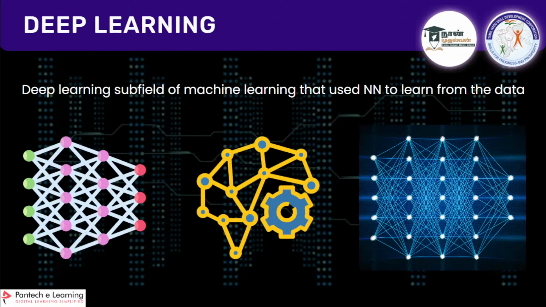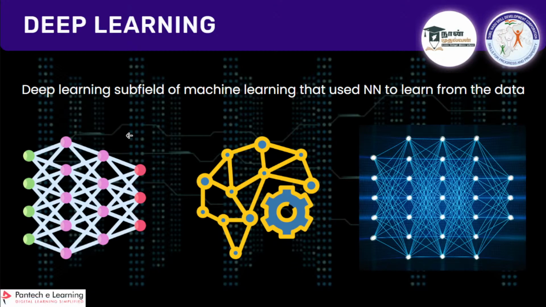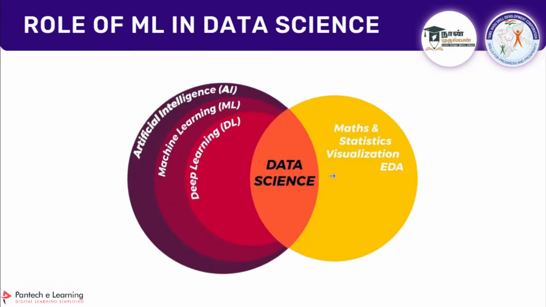And this is what the structure of a neural network can be. There will be many layers. We are going to cover deep learning also after we complete machine learning. At that time, I'll explain all these things in detail. It consists of many neural networks, and with that, it will try to give the output, which mimics the human brain. So now comes the question: what is the role of machine learning in data science?